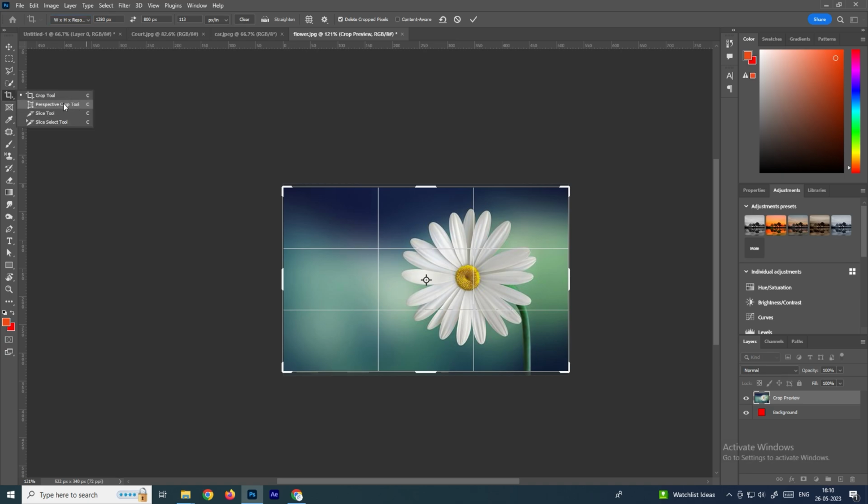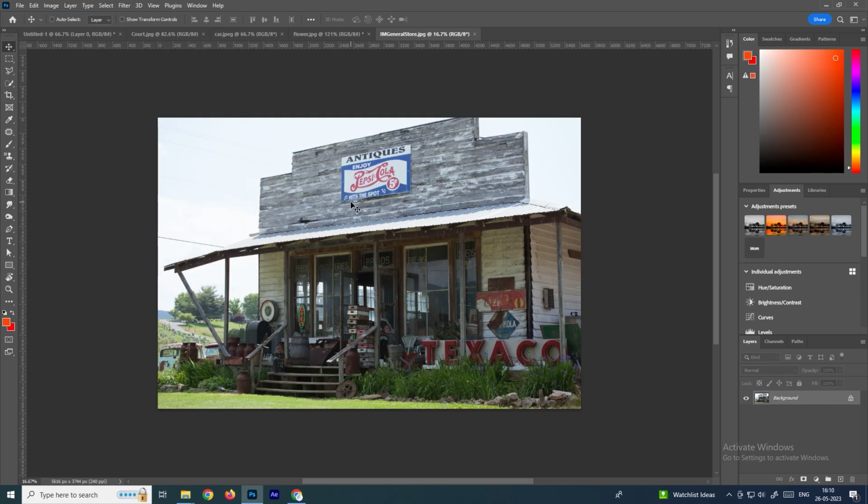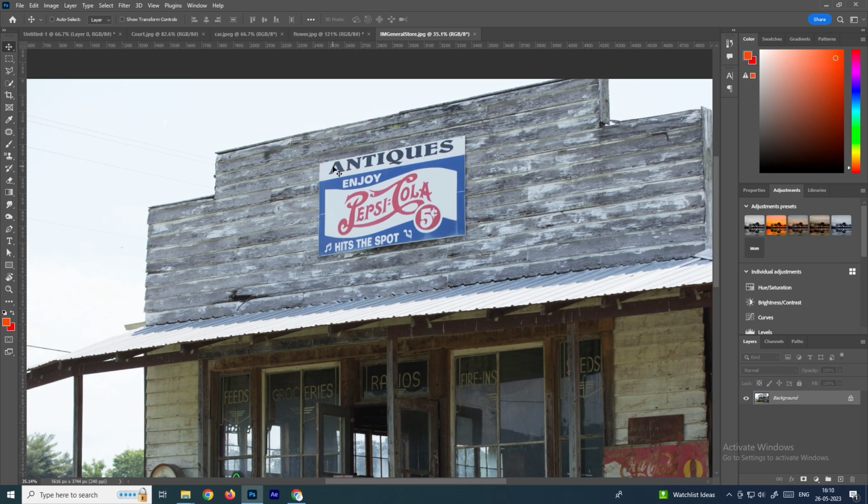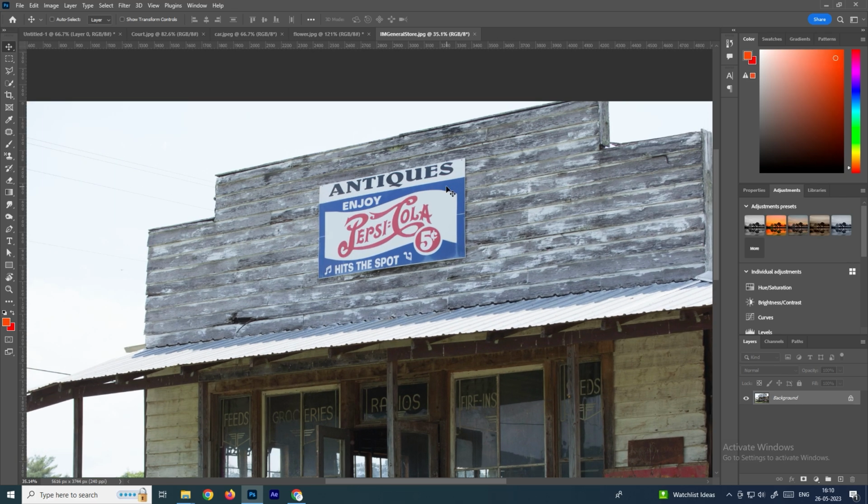So next we will see this perspective crop tool. Now in this image, suppose I want to extract this image, but you can see here the board is in a perspective direction. It is not exactly in the straight direction. In case suppose we use any one of these polygon tools. So let's say,